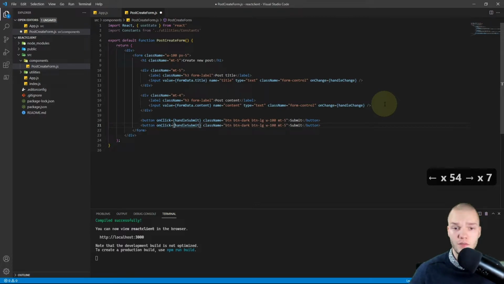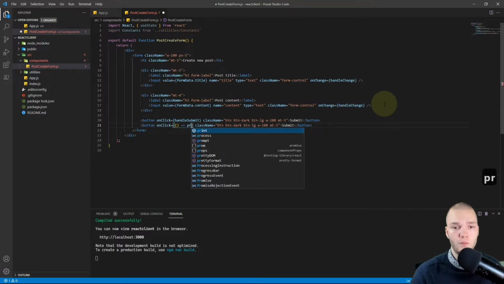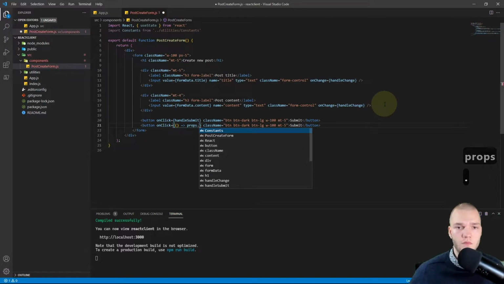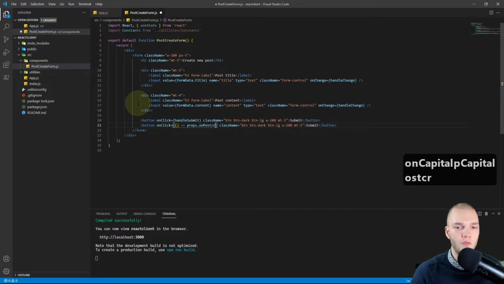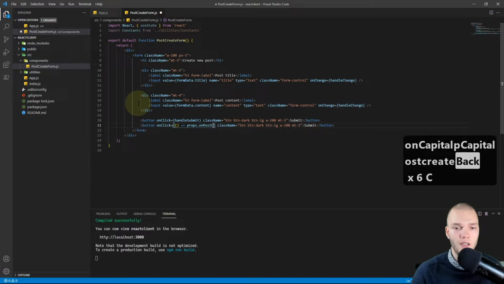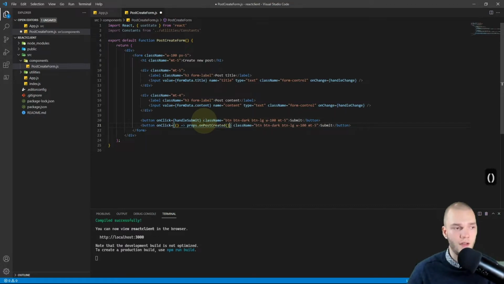And I also want to add a cancel button. And in the onClick, we'll do an anonymous function, so parentheses arrow. And then I want to do props, which we'll add in a second. And from that props, I want to call onPostCreated, and that will be a function in this app.js file, and then we'll pass in null.